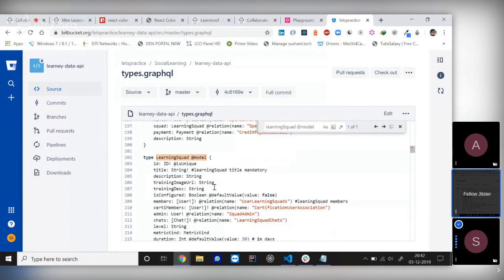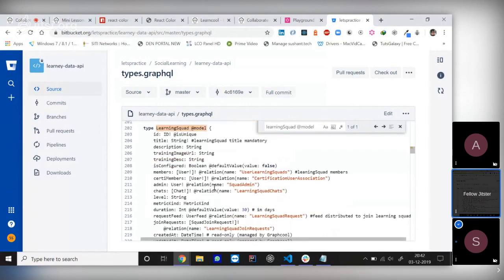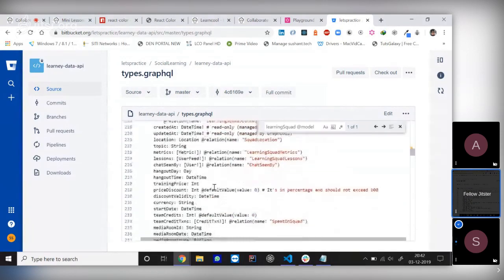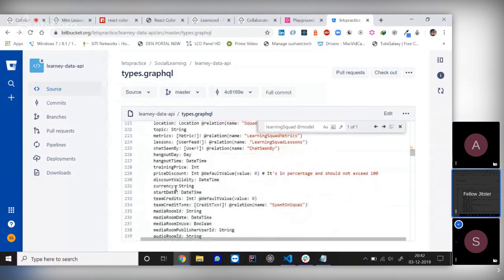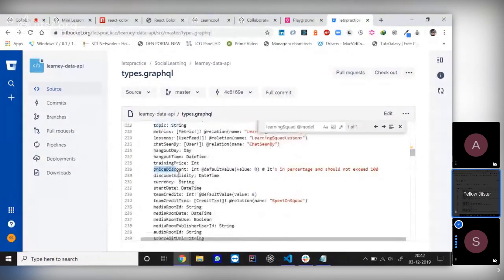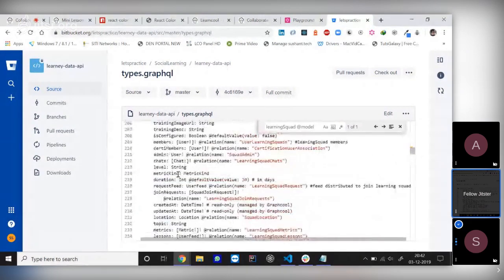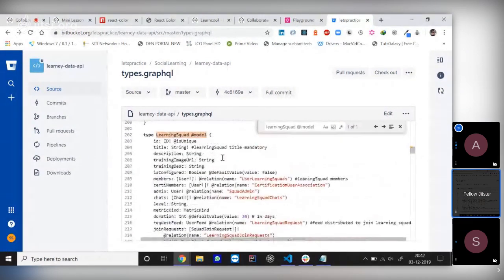Does it have a parent field here somewhere? Parent. I think there's no such field. There's no such field. So basically, we need a parent and child field in this. It would have a field for the original user feed, I guess, but I don't remember the actual field name. Correct. So it doesn't have